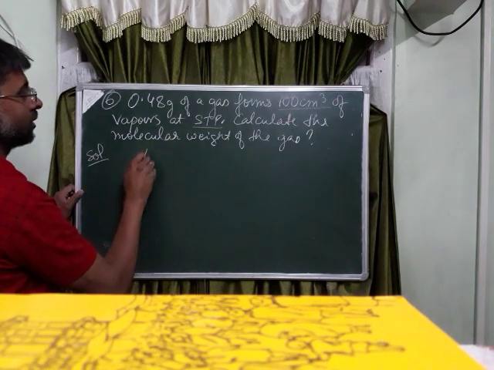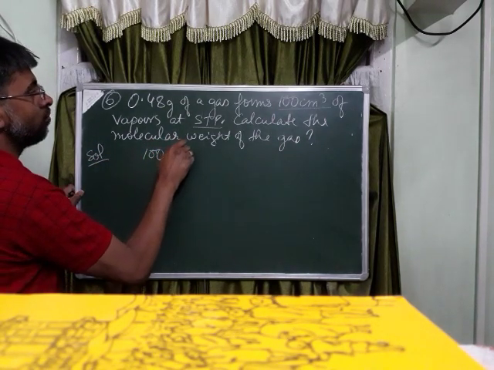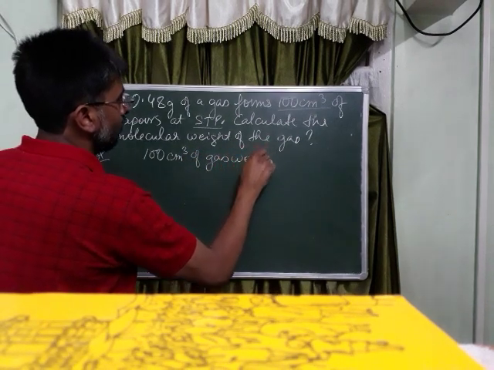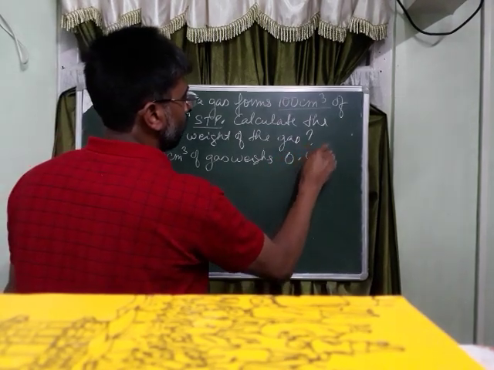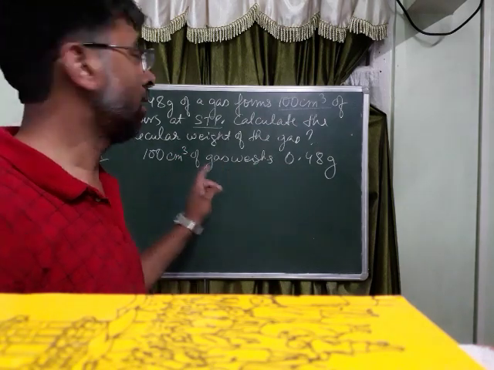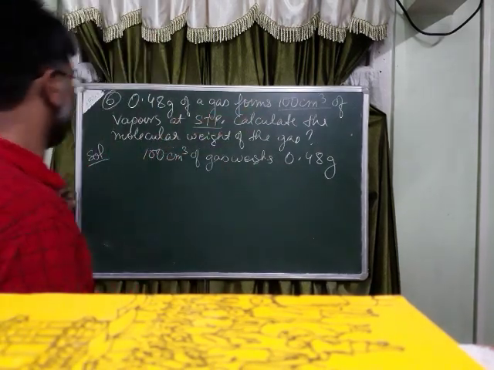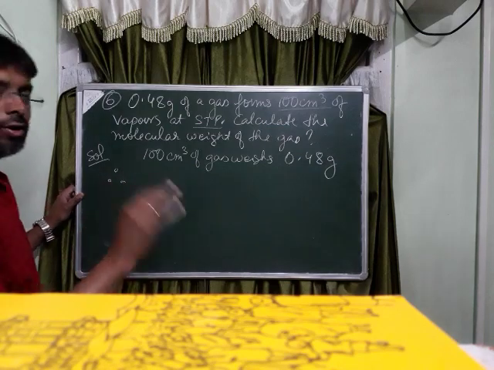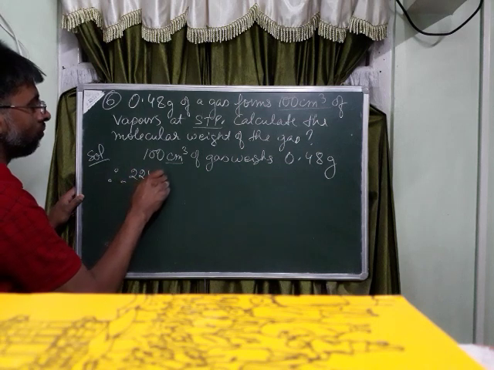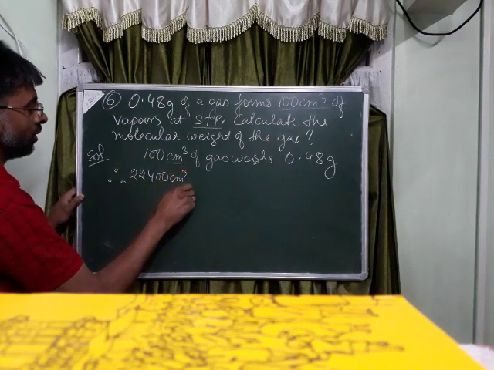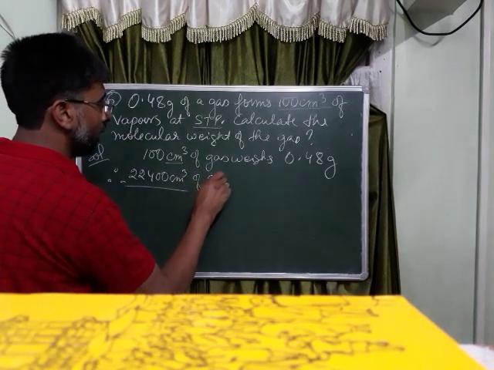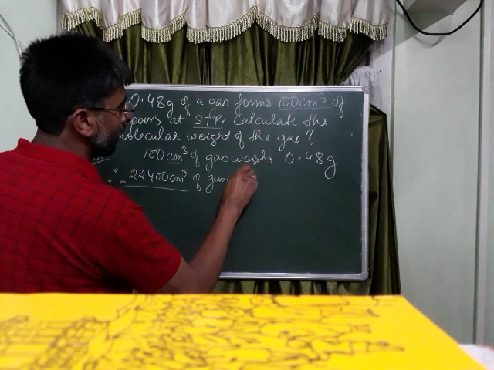I write the sentence: 100 centimeter cube of gas weighs 0.48 grams. This is the sentence I have framed, written down by reading this question. Now, the standard molar volume for any gas at STP is, in centimeter cube, 22,400 centimeter cube. Therefore, 22,400 centimeter cube of gas will weigh